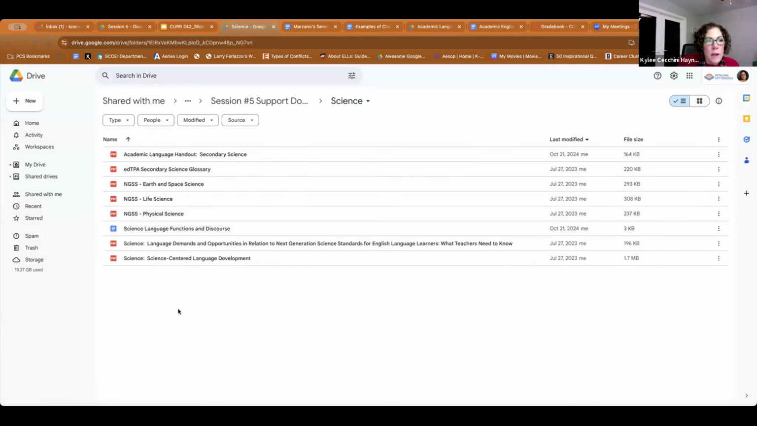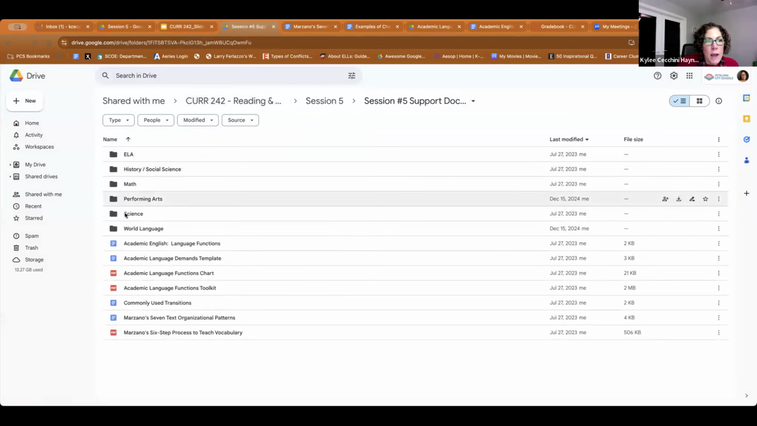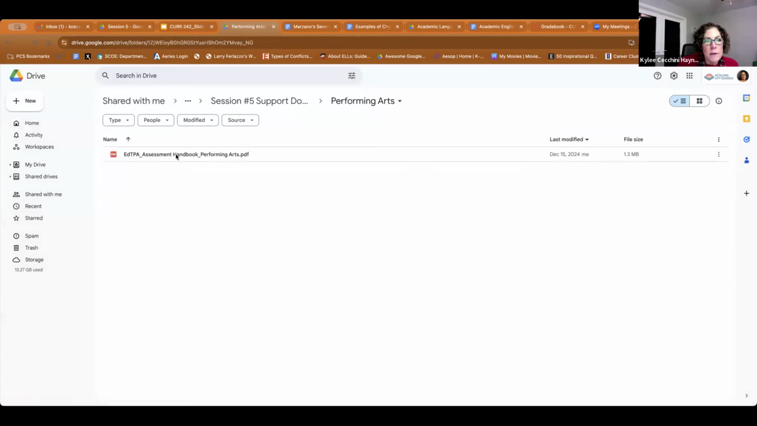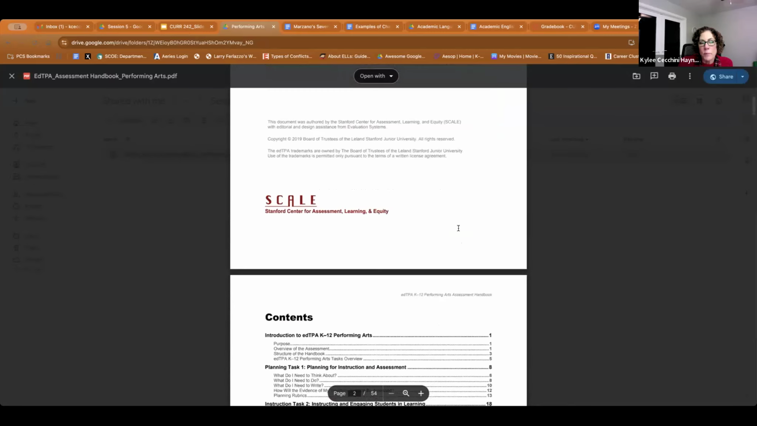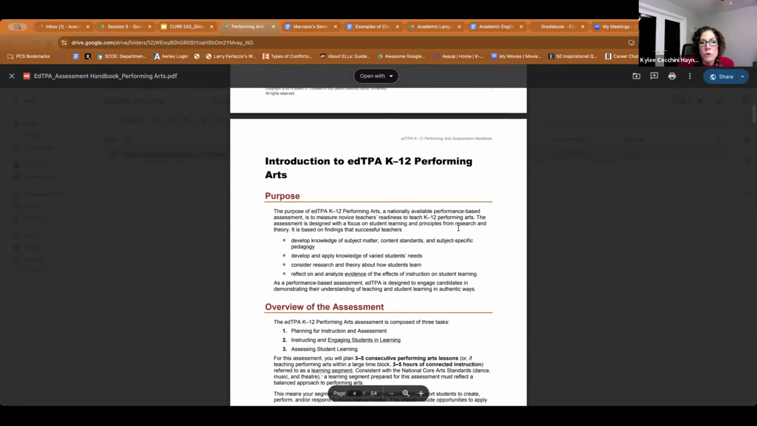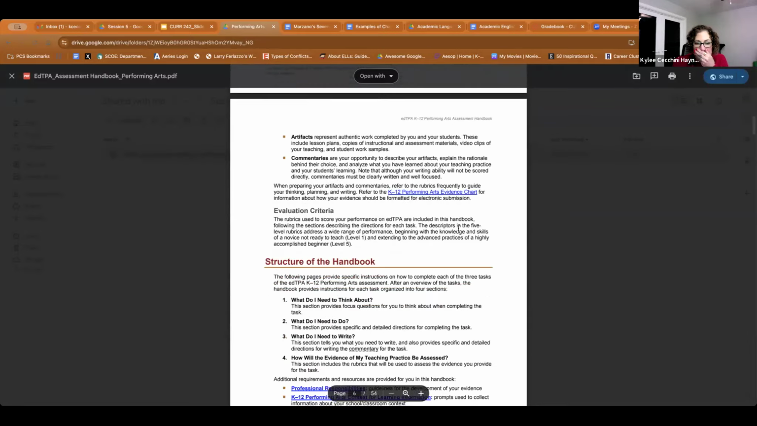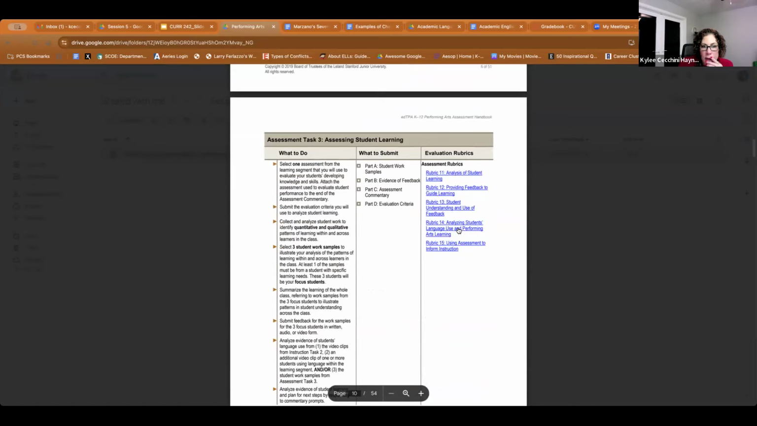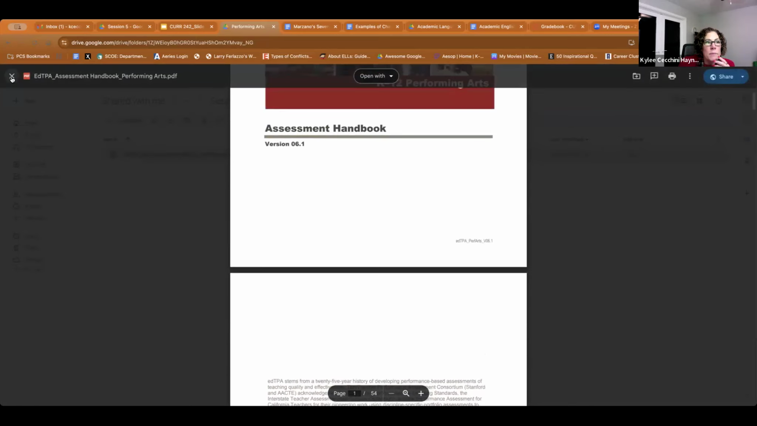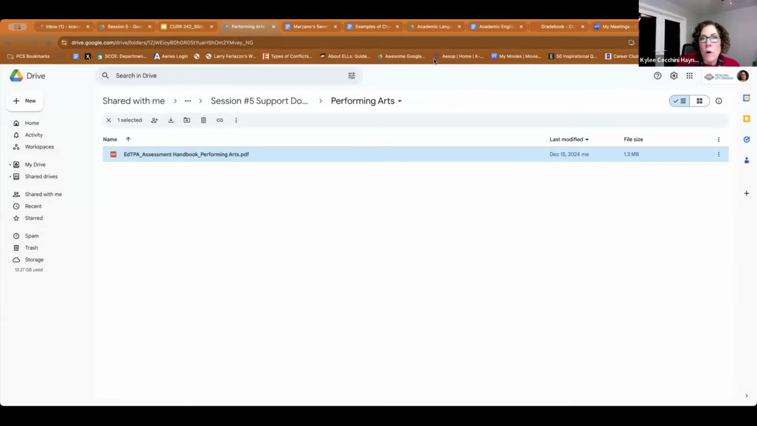science. I have quite a few things I've loaded in here for you in science. I've even got, David, performing arts. And what I did is I loaded the entire EdTPA assessment handbook for performing arts in there. So you can take a look at what your EdTPA handbook says, and so on. Okay. So I'm going to stop sharing and just see if that all makes sense,